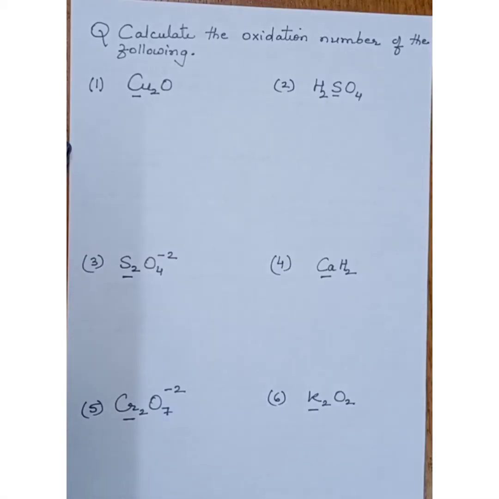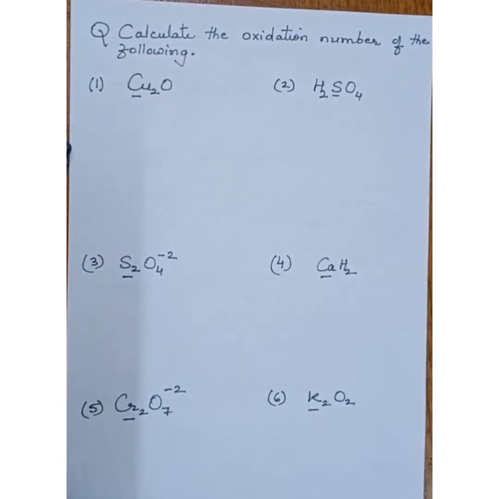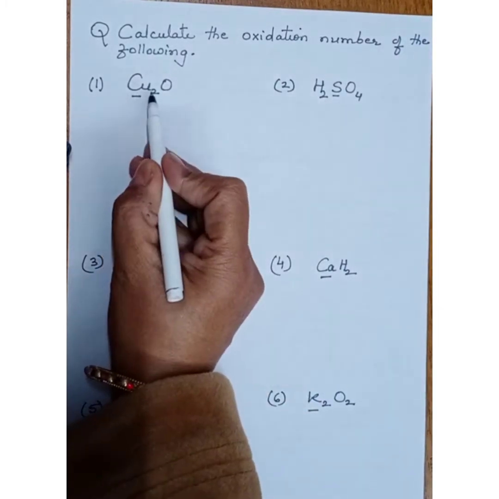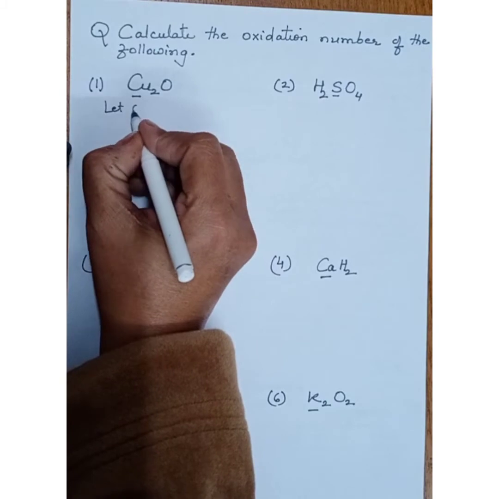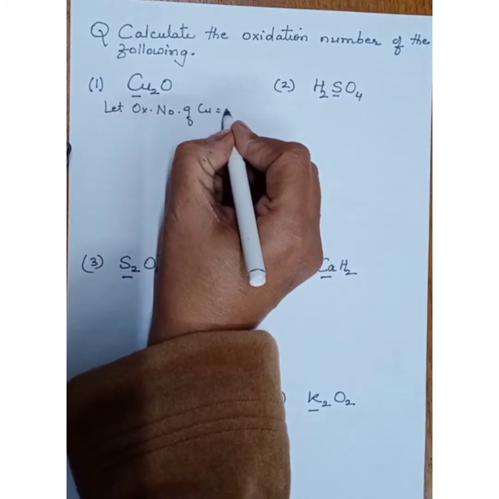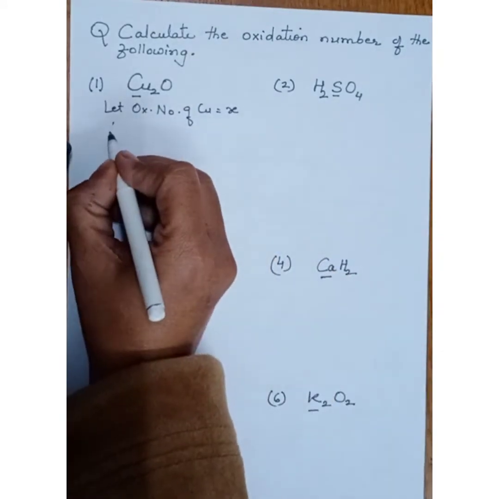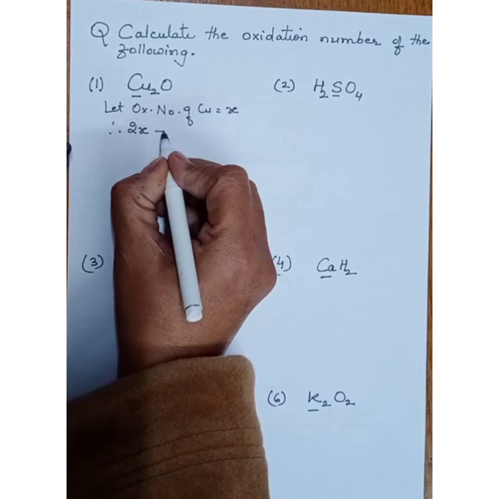Keeping the rules of finding oxidation number in mind, let us calculate the oxidation number in some of the following compounds. In the underlined part of each compound, we have to find the oxidation number. For example, here we have to find it for copper. Let the oxidation number of Cu be x. Now here 2 Cu are present, so therefore 2x plus